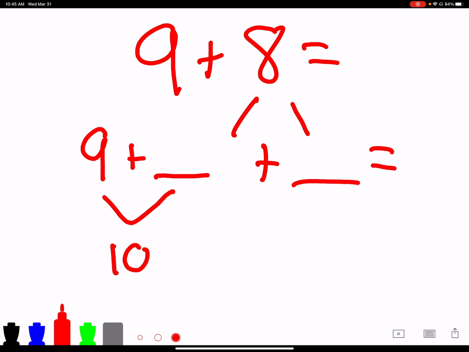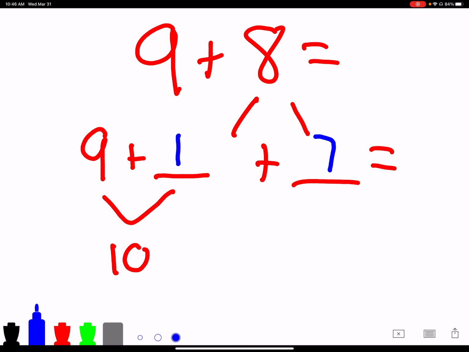Okay, so if you're holding up 9 fingers, how many more do we need for the full 10 fingers? We just need 1 more to make it 9 plus 1 equals 10. Okay, we take away 1 from 8. So if we had 8 fingers and we took away 1, how many fingers would be left over? 7, to make it 1 plus 7 equals 8 to make that statement true, because we want to make these statements true. I noticed that you guys write it down correctly to make the right sum,